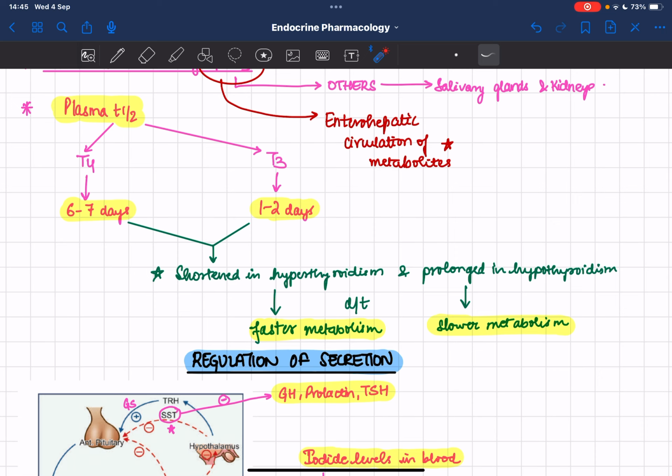ठीक है, सो दैट इज व्हाई उनका जो प्लाज्मा टी हाफ होगा इट विल गेट शॉर्टेंड व्हेन देयर इज हाइपोथायराइडिज्म। एंड अगर हाइपोथायराइडिज्म होगा तो मेटाबॉलिज्म स्लो हो जाएगा, मेटाबॉलिज्म स्लो हो जाएगा तो अल्टीमेटली प्लाज्मा टी हाफ विल बी प्रोलॉन्ग्ड। ओके, तो इसको रटने की जरूरत नहीं, इसको सिर्फ समझने की जरूरत है।